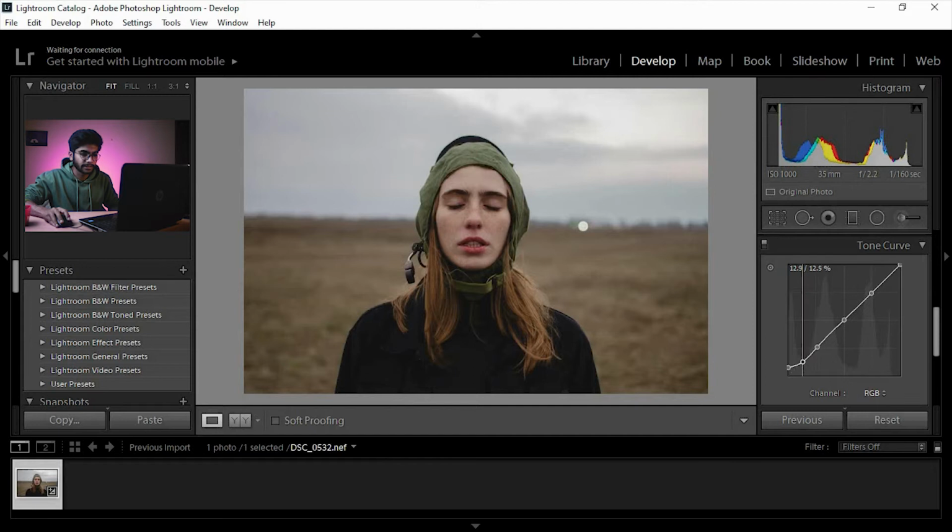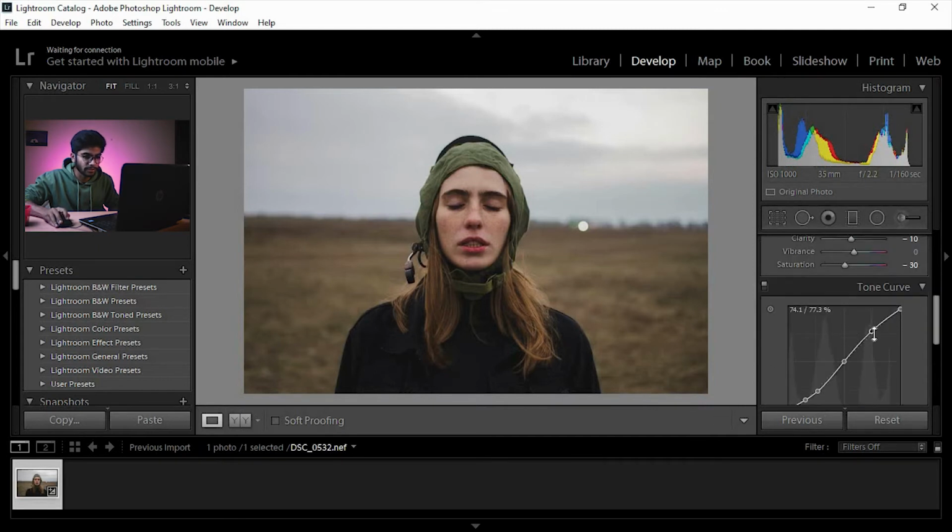We'll create a little bit, we are not going for so much. Let's increase the highlight a bit here and decrease the shadow a bit. What we are doing here is creating an S curve, but that's really subtle. We are not doing it really harsh.